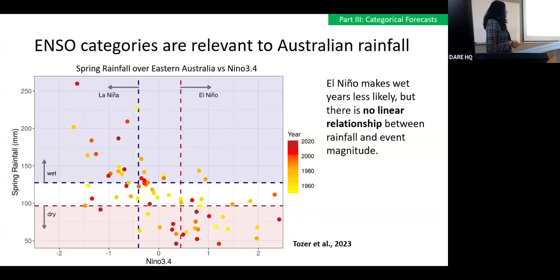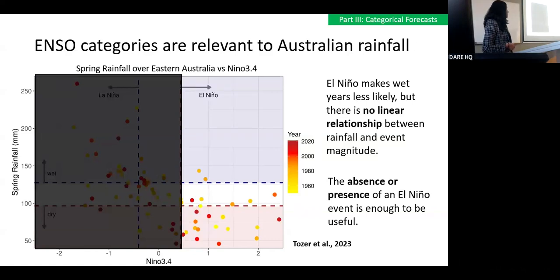So when you look at the scatter plot, it's quite clear that if you look at just the El Nino years, there is not a linear relationship between how big the El Nino is and how much the rainfall in Australia is affected. That is not at all a clear relationship. And similarly, if you were to look at La Niña, there's a little bit more of a relationship, but it's mainly because of this extreme outlier. Again, this is not a very clear predictor, which implies that just knowing whether you're going to have an El Nino or not is useful without necessarily knowing, is it going to be a big El Nino? And similarly for La Niña.